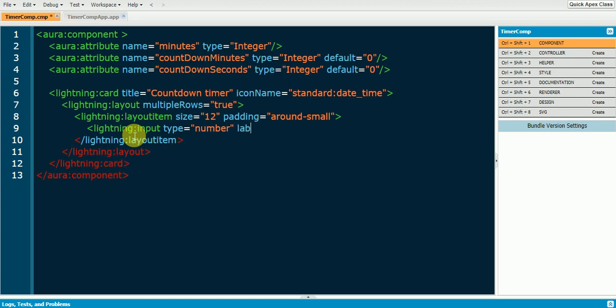So I'll just give the label as enter minutes, and also I'll do one thing here. I'll just give on change as well. So on change of this lightning input, I'm gonna call this function here. I'll just name this as on minutes change.